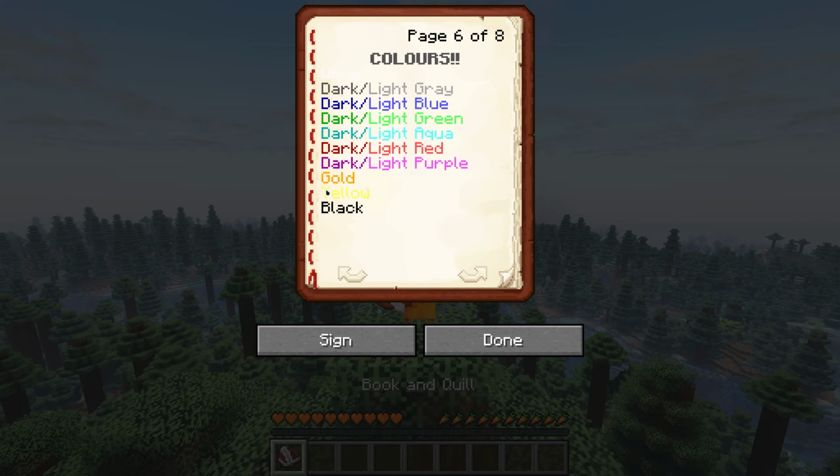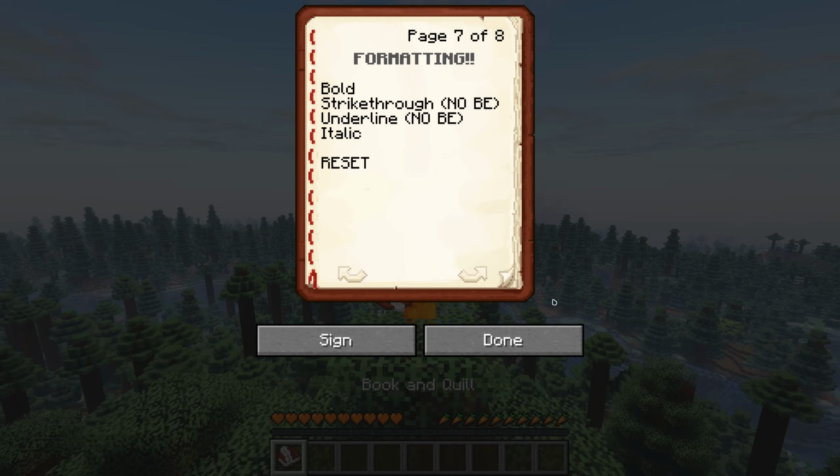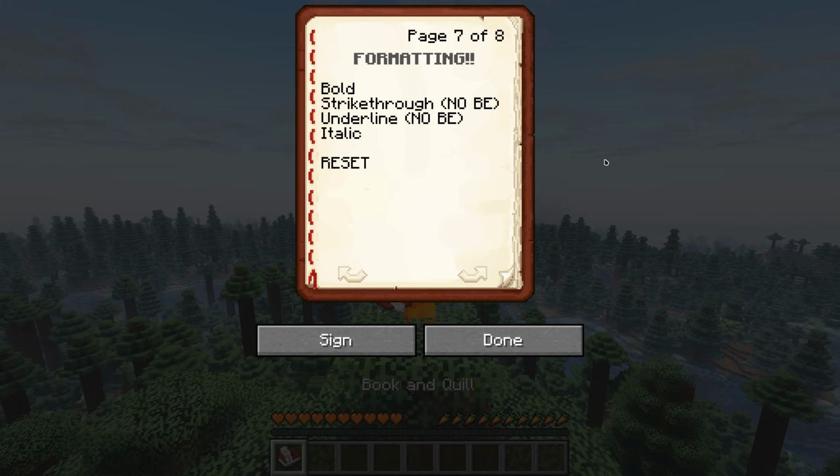As you can see, yellow and white may not be the best options if you are actually typing stuff, but white may be a good color to hide things if you don't want people to see it. But these are all the colors, including black, which is the default. Now, I'll explain a bit more about why this is a bit weird in a second, but that is the basic idea of colors. Now, moving on, we have the formatting of the text, because you can make text bold,